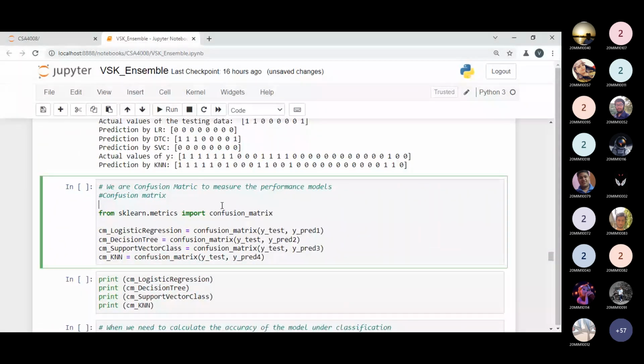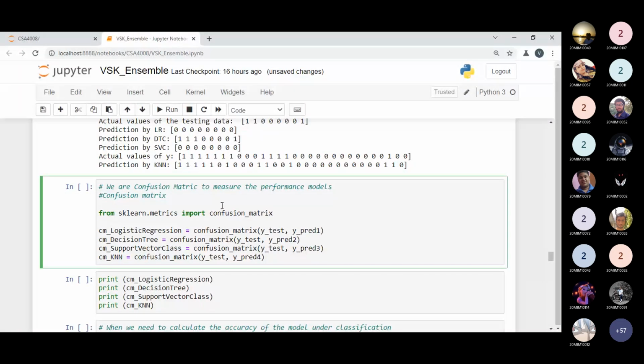Now, it's time to check the accuracy of our 4 models. Here we are working on our first part, to check the accuracy of the model. So we need to determine the performance of the weak learner.